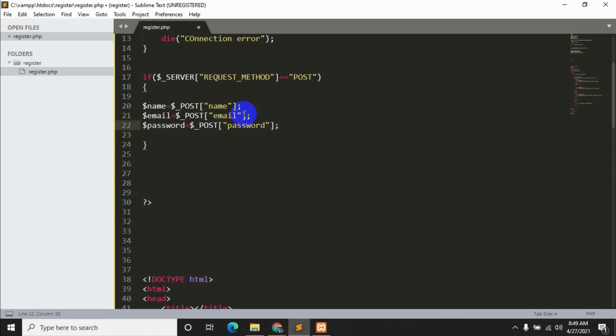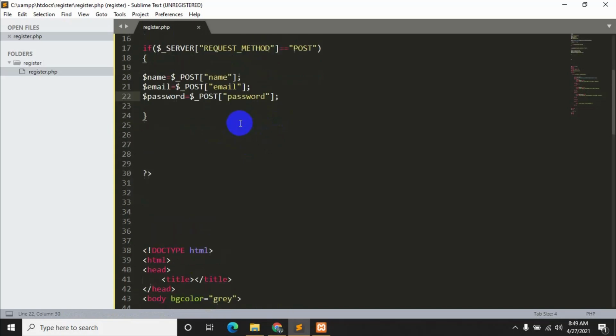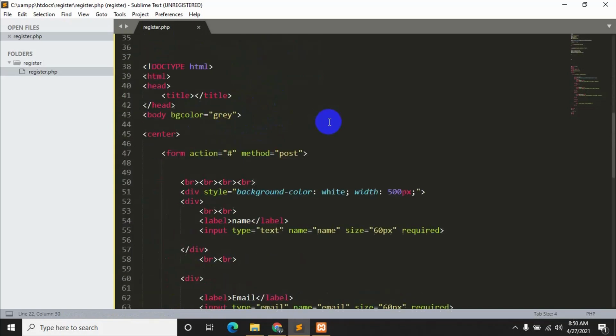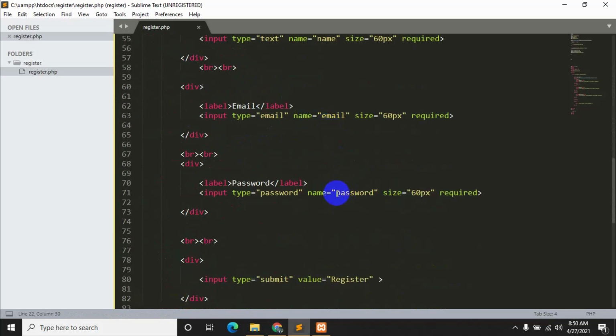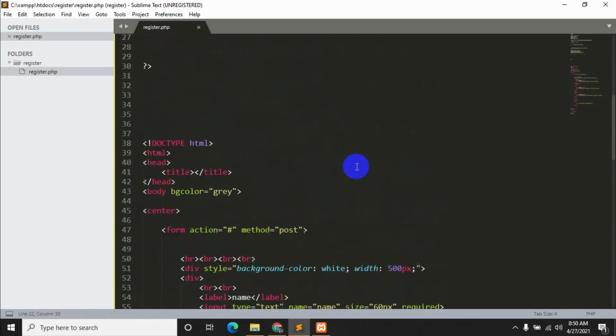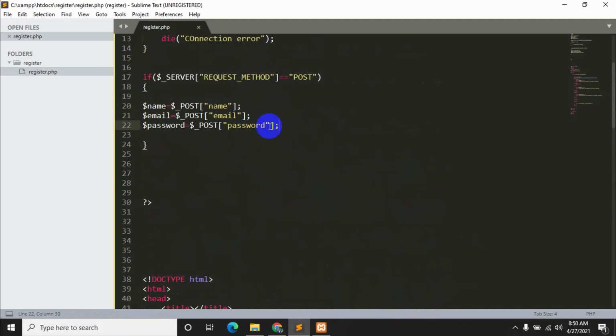Now remember, PHP is very case sensitive, so you need to make sure that if you are using smaller letters, you use smaller letters everywhere. If you write a smaller letter p over here and a capital letter P over here, then you will see some error. So just make sure when you're typing. Okay, so after this we will just write a SQL.